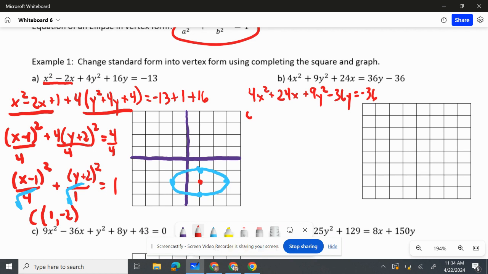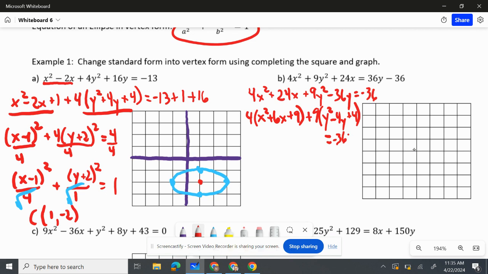I'm going to factor out a 4, and I get x squared plus 6x. I'm going to divide the 6 by 2 and square it, and that gives me a 9. I'm going to factor out a 9, and that gives me y squared minus 4y. Take the -4, divide it by 2 and square it, and that gives me a 4. And then that's equal to